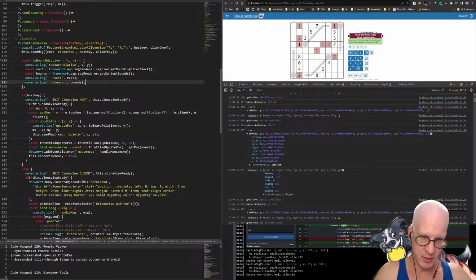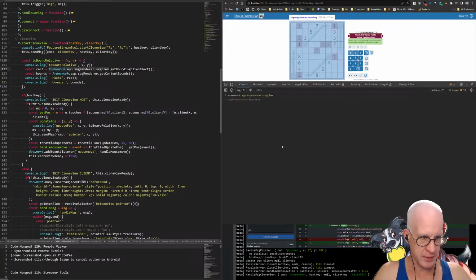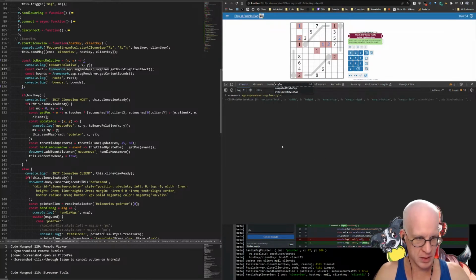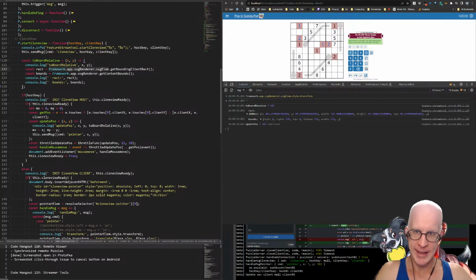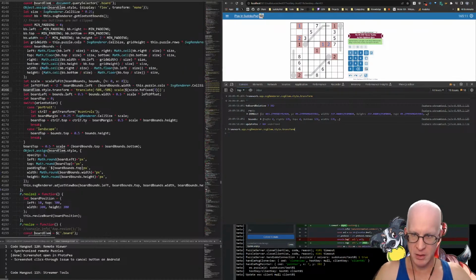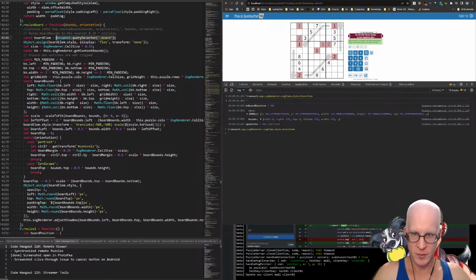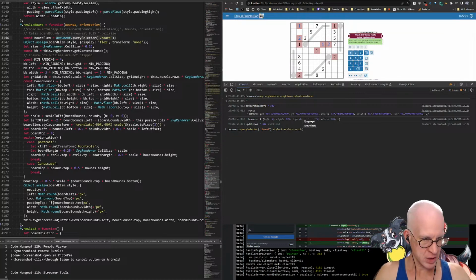So if I go here, oh geez, if I go here and I go style.transform, really? Really? Really? Board element. Oh no, it's not the SVG element. Okay, board element. So if we do this, then boom, board style transform dot match